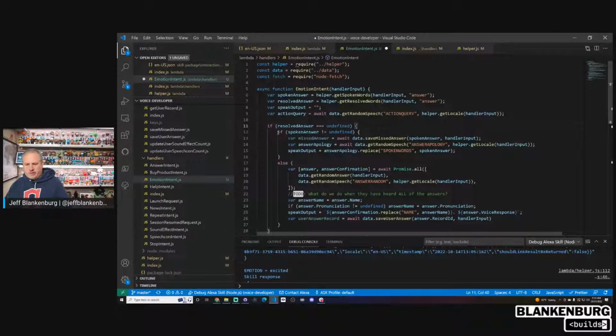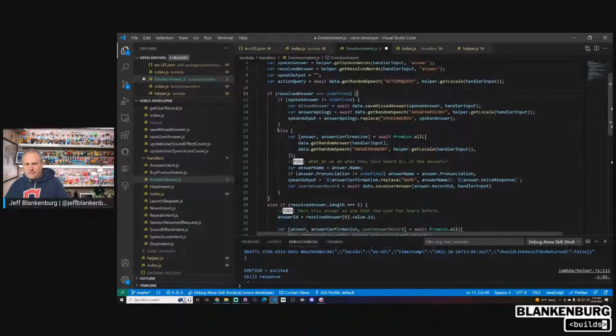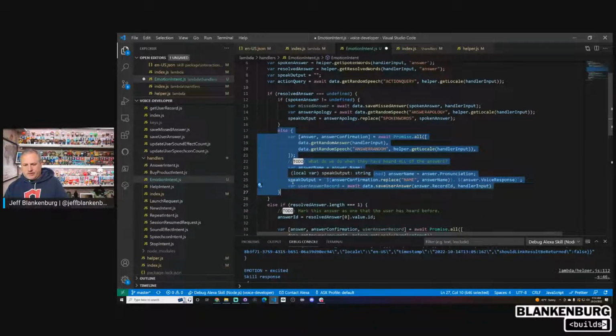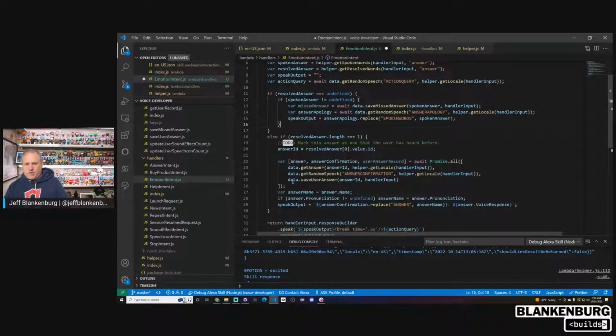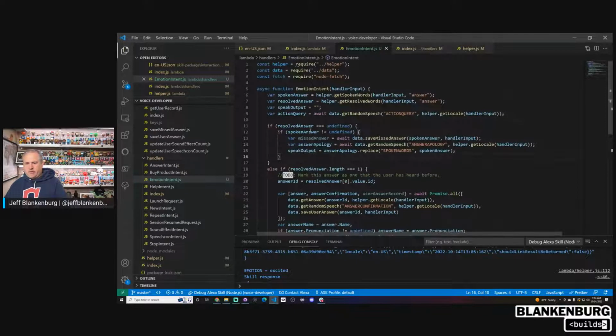If spoken answer doesn't equal undefined, yeah, I think we can get rid of the. I don't even have a way for you to get into this slot without providing a slot value. So we can say if resolved answer, spoken answer isn't undefined,